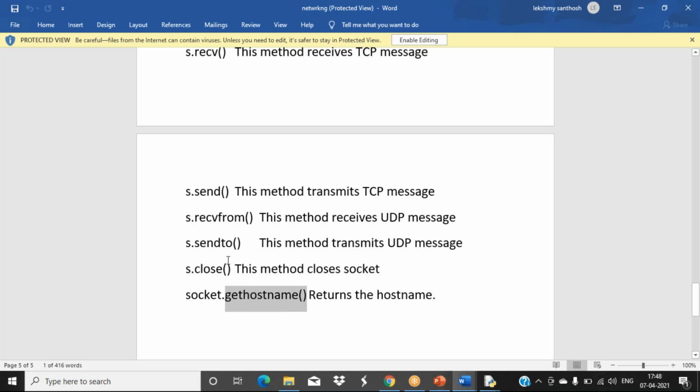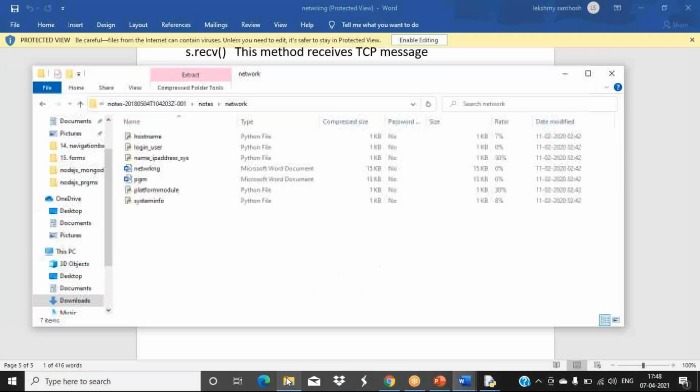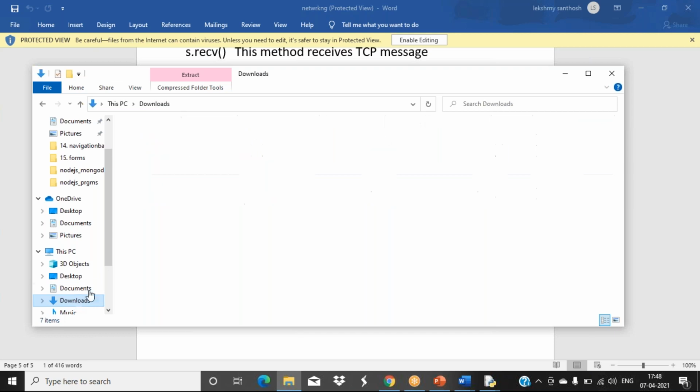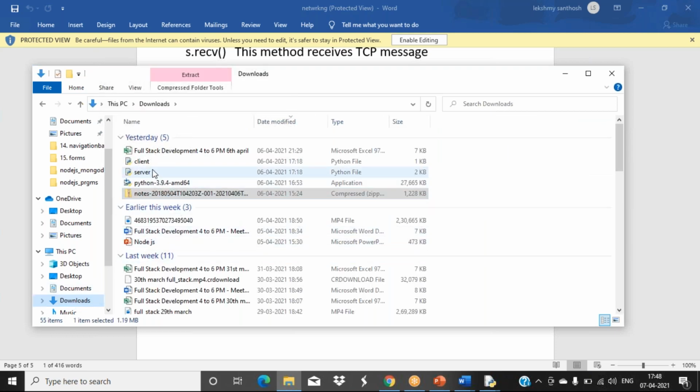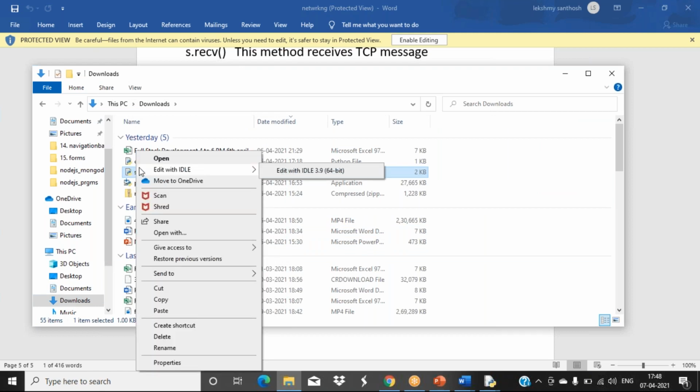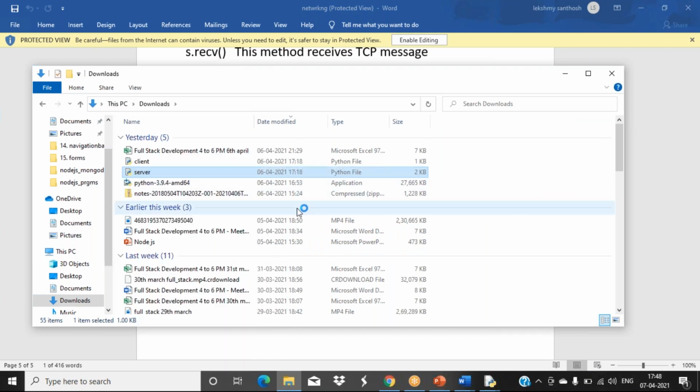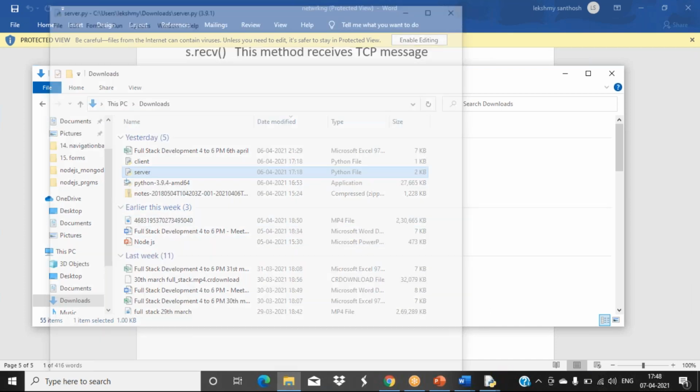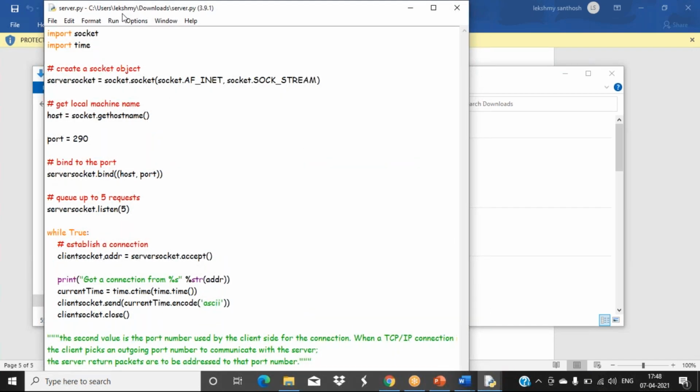I'll show you one server program and one client program. So this is one server.